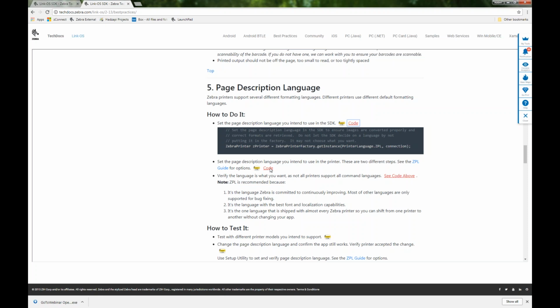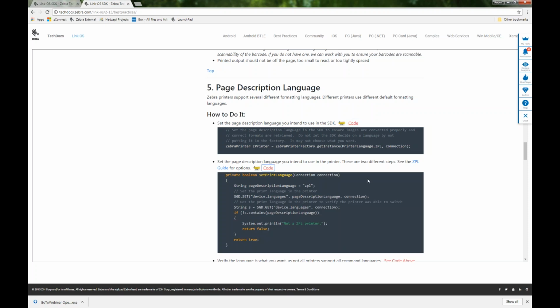The other piece is to actually set the language within the printer. Just because the SDK is set to use a certain language, and that's primarily for things like image conversion, font conversion and format handling, you still need to set it within the printer as well. When you're setting it in the SDK, it doesn't necessarily mean that the printer is set up properly either. So the code in here actually shows you how to